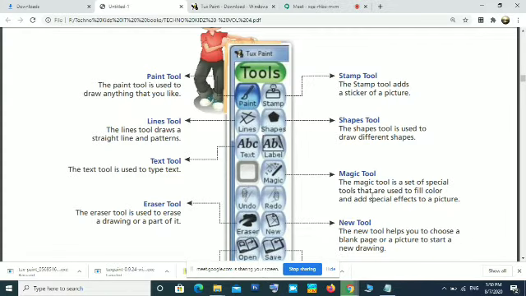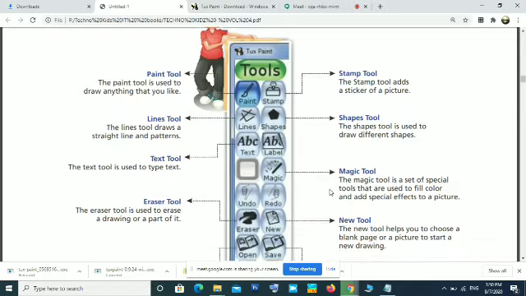If you want to make a brick shaped wall, you can select that brick shape from this magic tool. When you click the magic tool, different patterns will be available. From that you can select a pattern and click the area, and that area will be filled with that pattern. So that is the use of the magic tool.